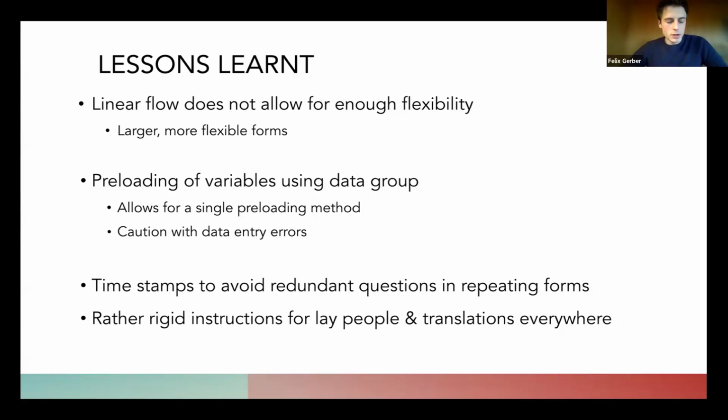So, lucky enough, CHT works completely well offline. Thank you to everybody who worked on that. Otherwise, our project wouldn't have been possible. So in Lesotho, our situation was that not all the community health workers had access everywhere, but all of them had an option to maybe walk half an hour to find connection.